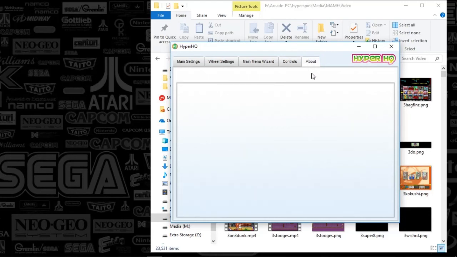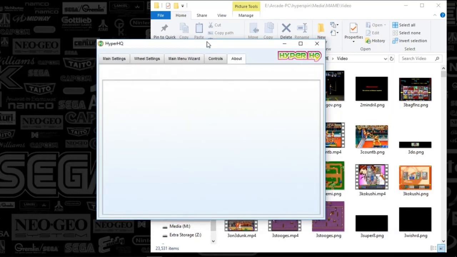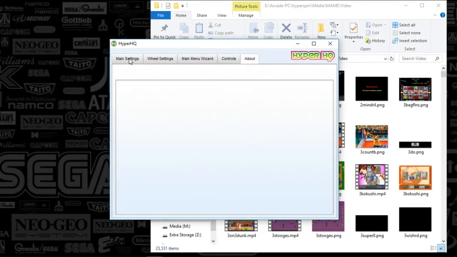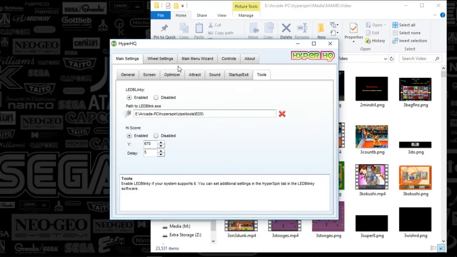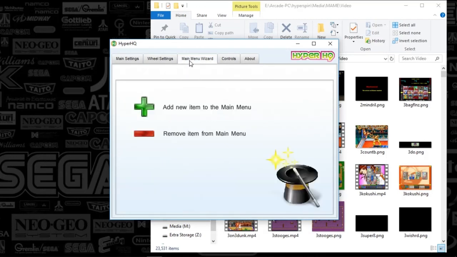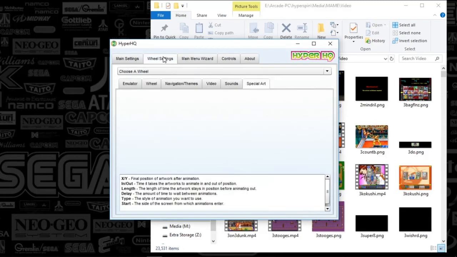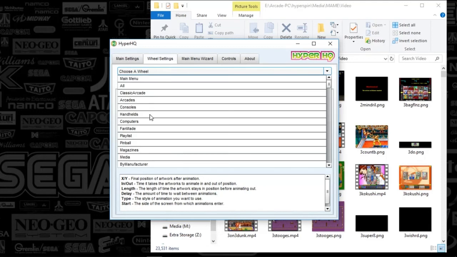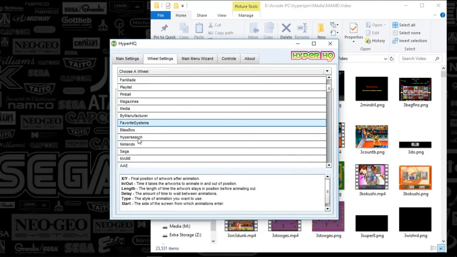And then we've got the about tab, which is blank here. So all credits go to Bad Boy Bill, and that is HyperHQ. So your workflow when you're adding a new system, you just go straight to the main menu wizard, hit the plus sign, and then type in the name of the system. And then you'll go to wheel settings. You'll find that wheel that you've just set up, and